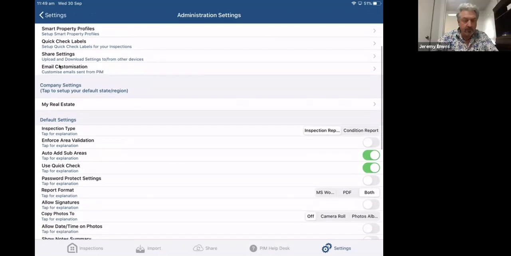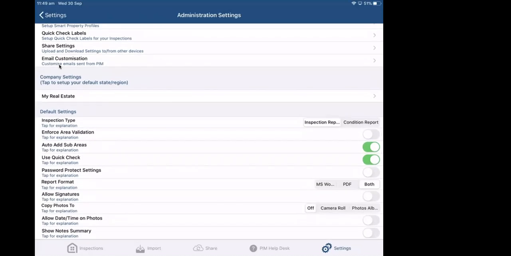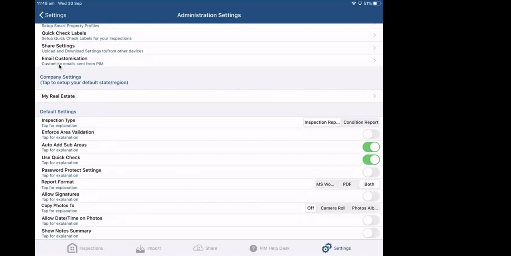I won't go into all of these. I'll do some in another session. But you do have the ability in Pim to share your settings. If you've got multiple devices in the team, get in touch with us before you do anything with that. But it means you can use one device as a master, and you can have it all set up within one device, and then you can share settings with other team members. But don't do anything without getting in touch with us, just to be on the safe side.